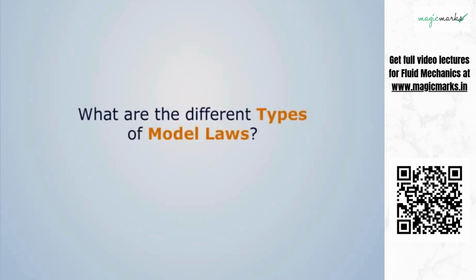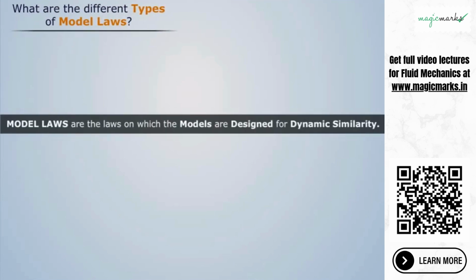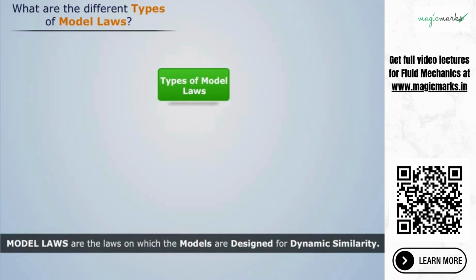What are the different types of model laws? We know that model laws are the laws on which the models are designed for dynamic similarity. The different types of model laws are: